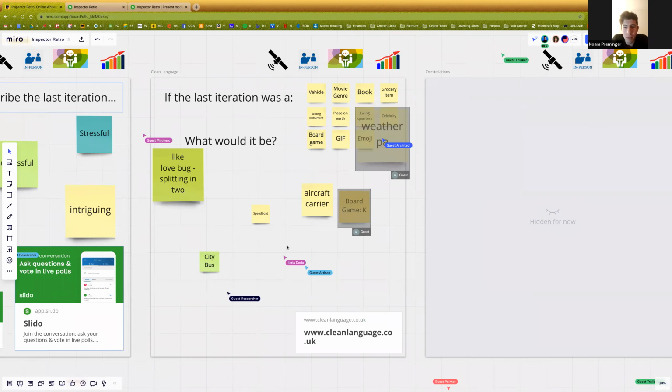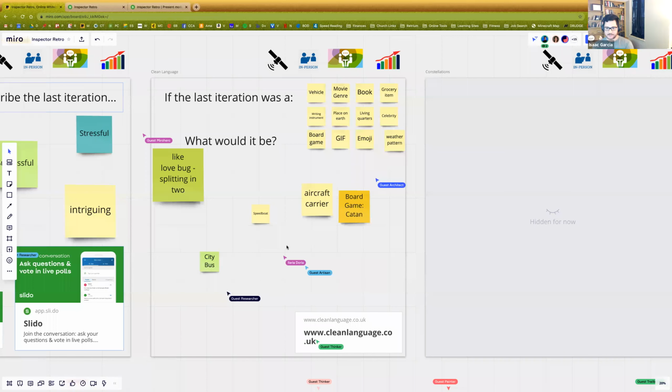I'm Noam from Israel. I love the idea of setting the climate to be more free and playful by games like that. Yes, yes. But I fear that my team would accept it in a very cynical way. So I wonder if you have any suggestion how to bring it in a way that it would be accepted.